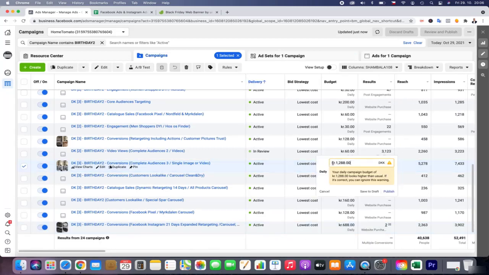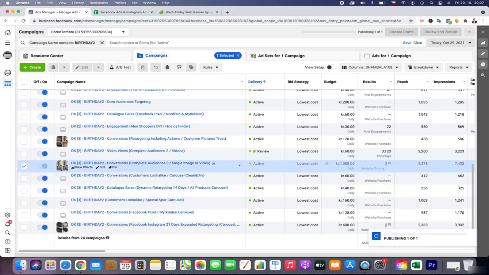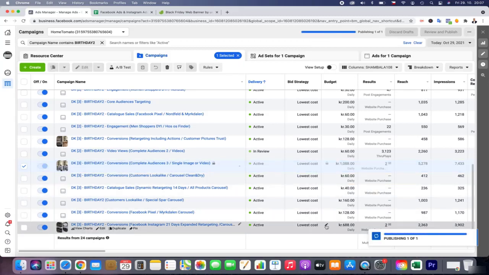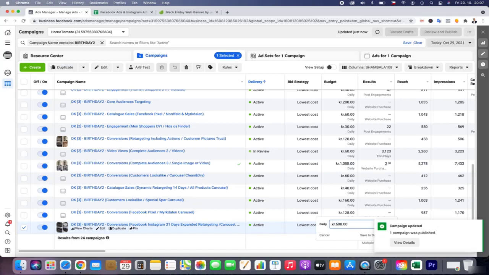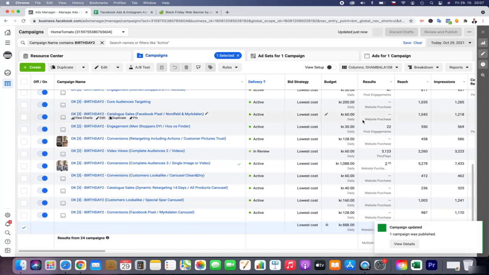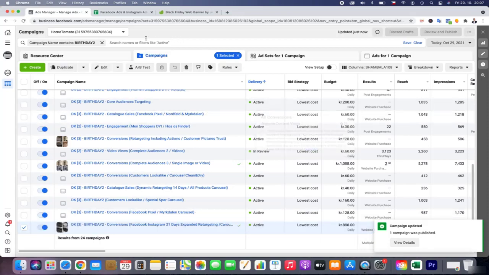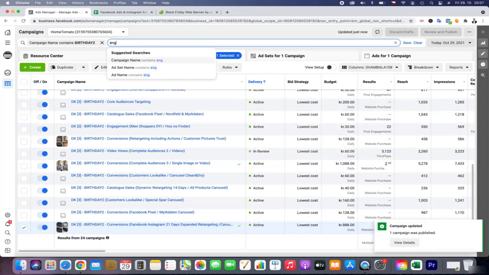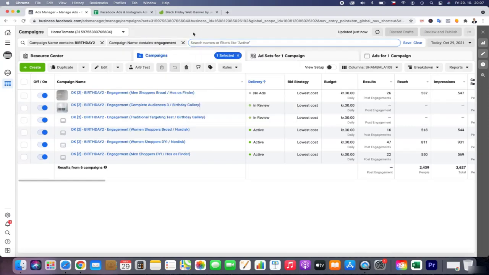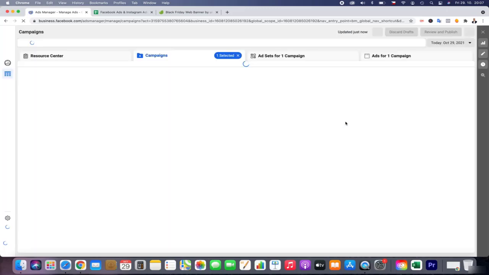This we have to decrease, and basically we shall focus more on this engagement retargeting. Now I think we need to build up even more engagement, because we have quite some engagement. Just let me please reload.